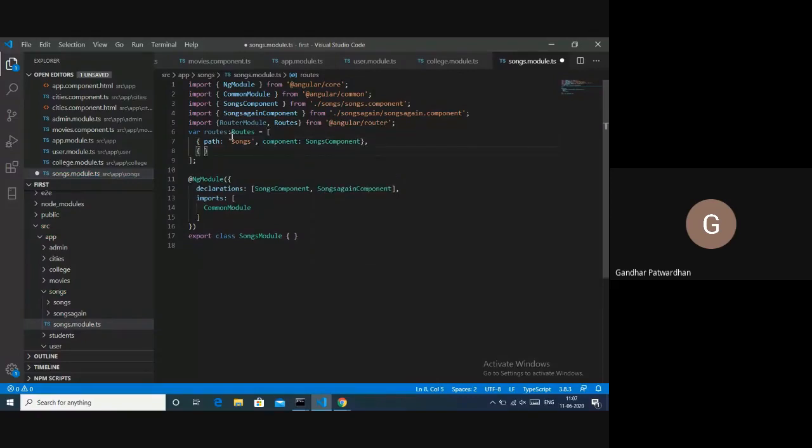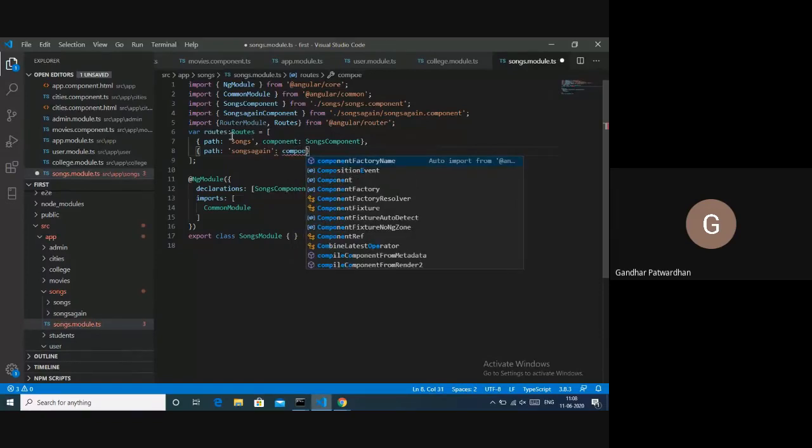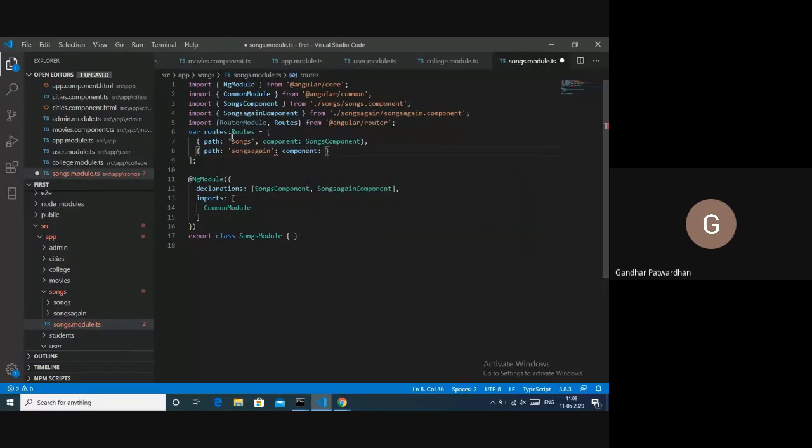Then I'll say path songs again, component SongsAgainComponent.